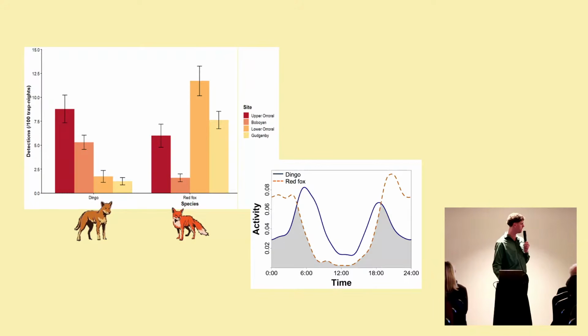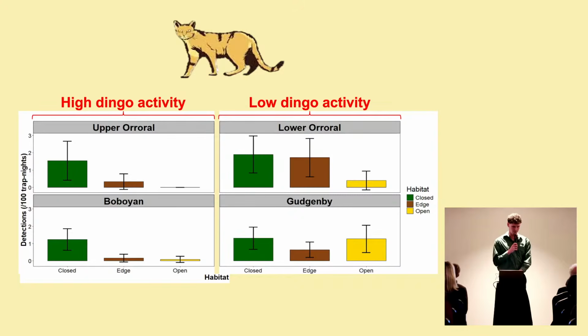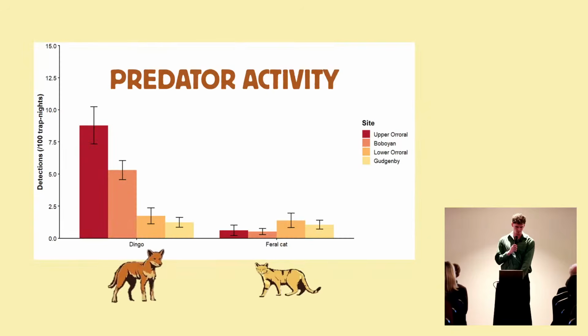But when we look at the daily activity patterns for the dingoes and the cats, it's a bit more complicated. Although there's a difference in the morning, for the most part of the day, they have similar activity patterns and they overlap. And the graph on the right represents this mixed pattern, where we only have 2 of the sites with a meaningful difference, and each is a high dingo activity and a low dingo activity site. So overall, there's no real clear link between the dingo activity levels and the feral cat's daily activity levels, and rather it was a site-specific trend.